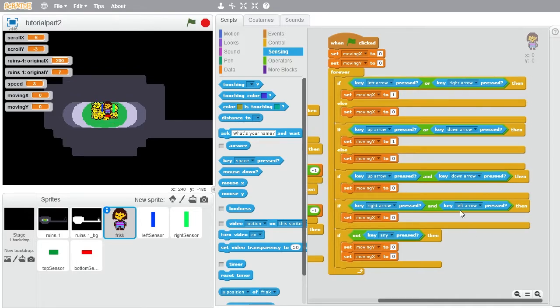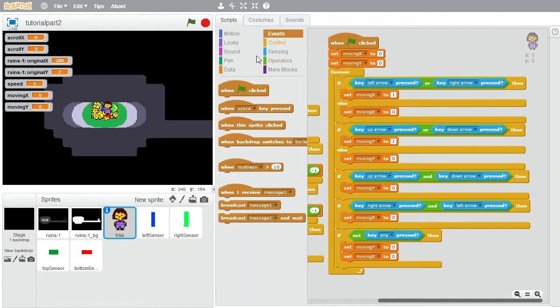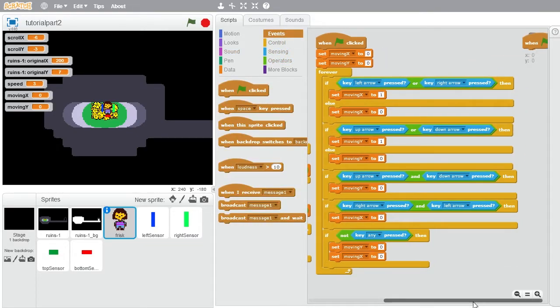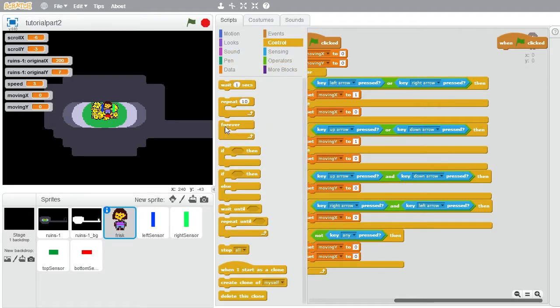Okay, so next we're going to control some of the costumes for Frisk when he moves about. So if you do another when the green flag is clicked, and we're just going to clean up and go over here a bit, and for some reason that is glitched out over there. Okay, that's fine. Alright, so what we're going to want to do is, in here we're going to have a big forever loop, and basically we're going to have a series of if statements,